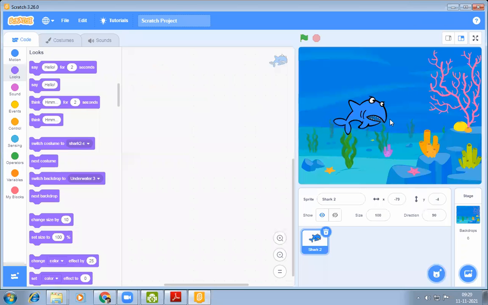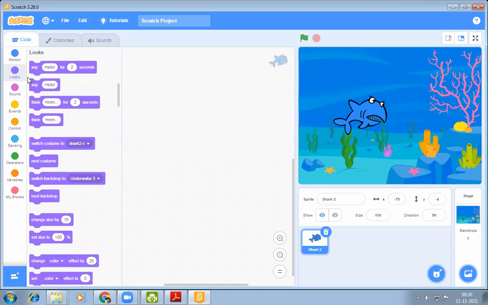Okay. So using the next backdrop block, this block changes the stage to the next background image. It is mostly used when one needs to change the background in mid story. So how to change the background during the mid story?